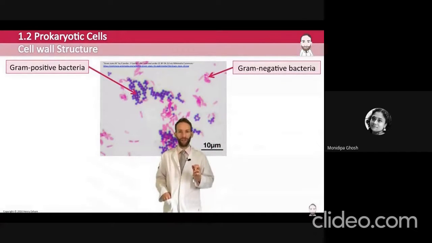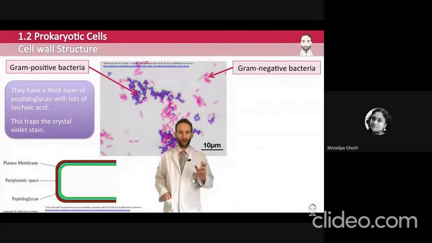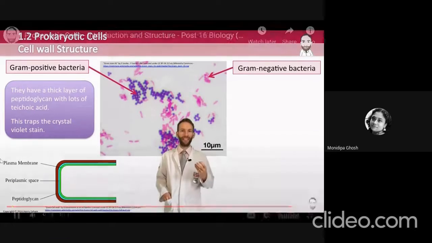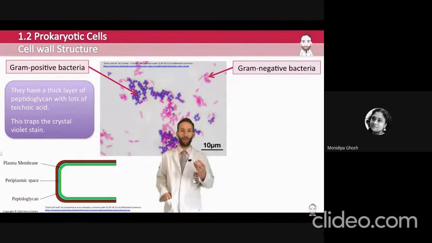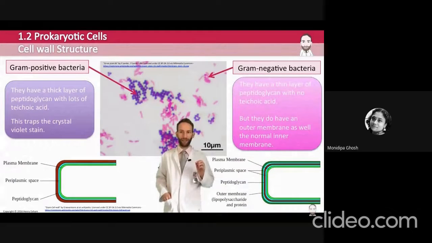Now, gram-positive bacteria have a very, very thick layer of peptidoglycan, which contains lots of stuff called teichoic acid. This traps a particular part of the stain called crystal violet, which means that these end up being a lovely purple colour. The gram-negative bacteria have a much thinner layer of peptidoglycan, and they also have this thing called